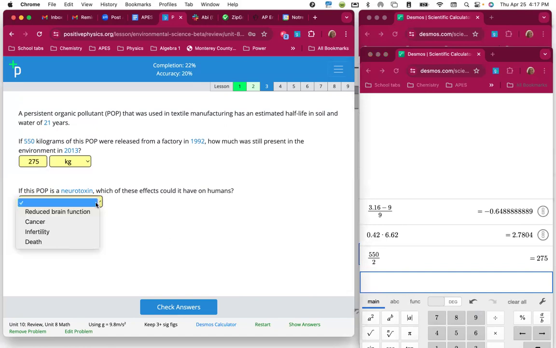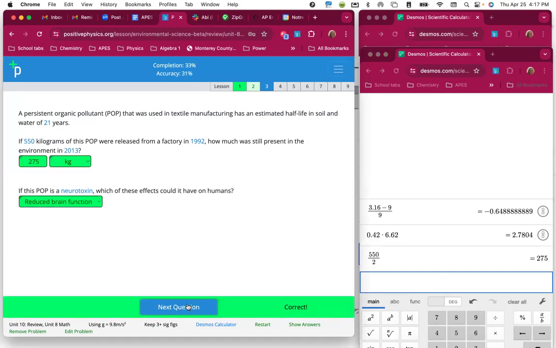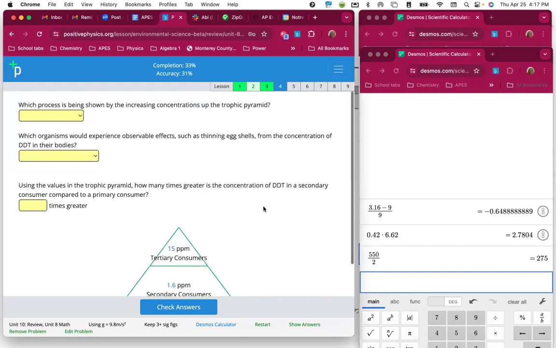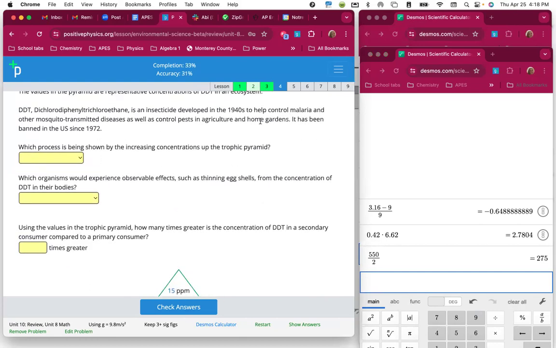And then a follow-up question that's also content related. So reviewing content again, that neurotoxin would be reduced brain function. And then here's one. I think I'm going to go through these next ones without doing the whole problem, but